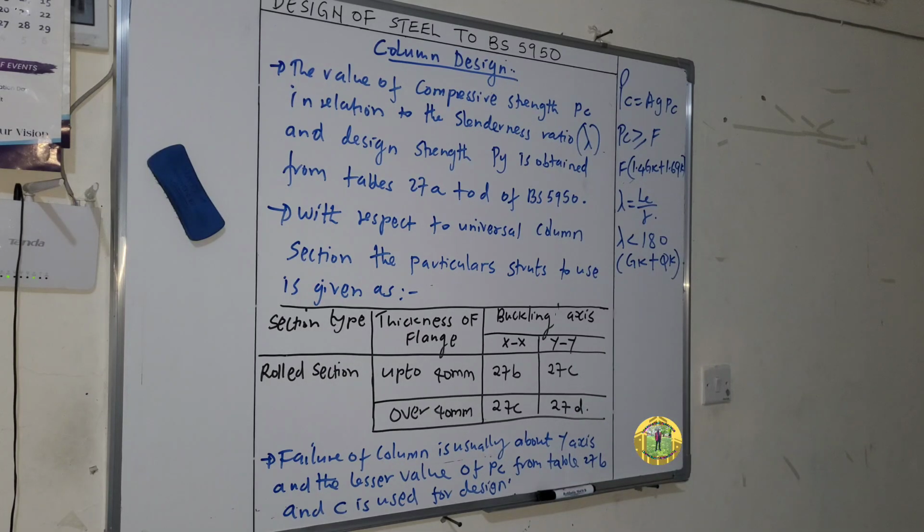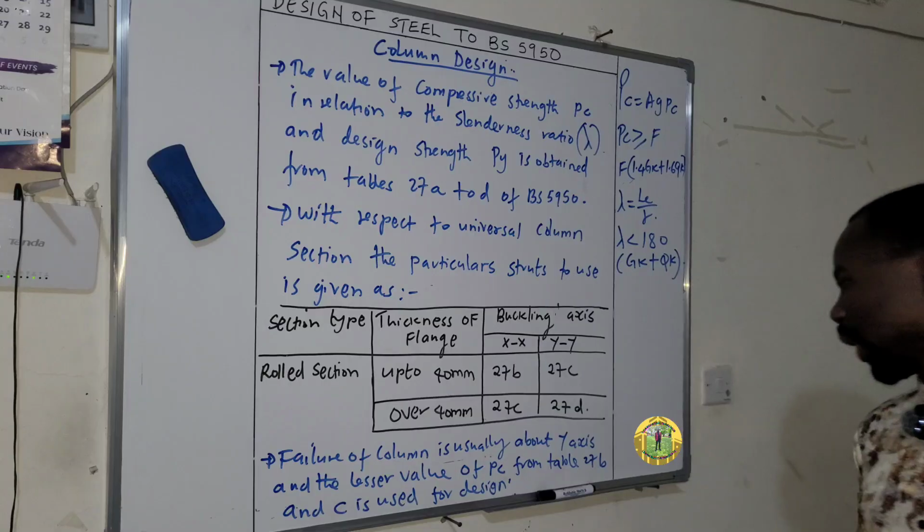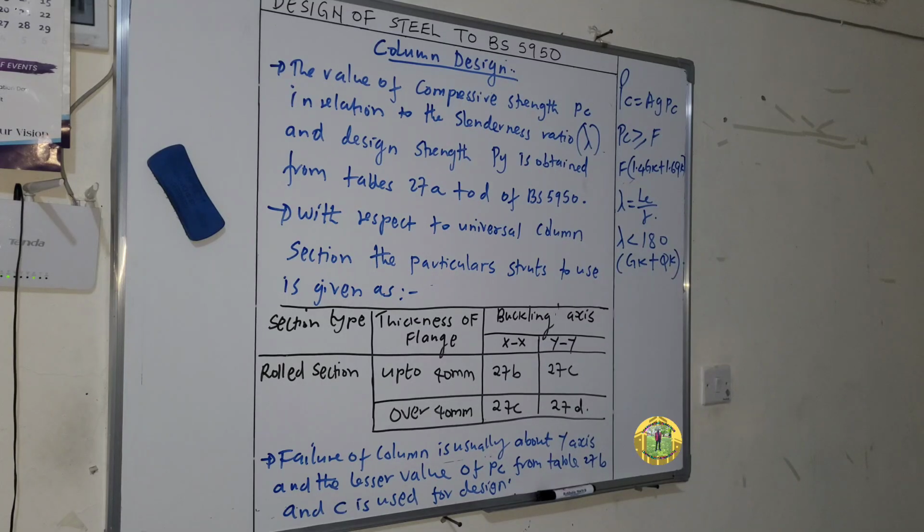Failure of column is usually about the y-axis, and the lesser value of the PC from table 27B and C is used for design. Example,